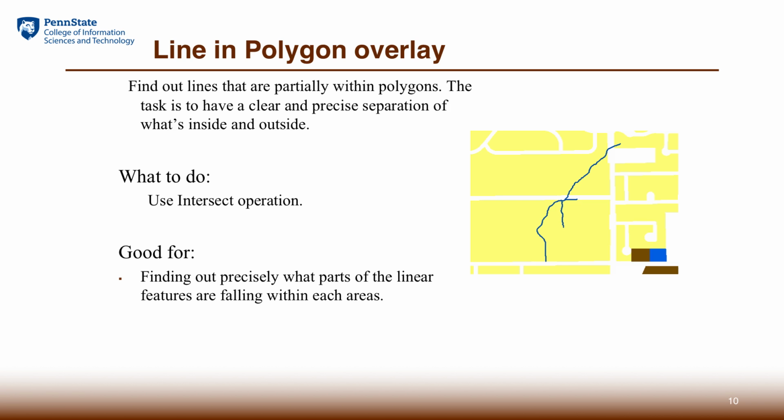The creek data features we see here cross multiple parcels. The feature class information for this creek linear feature only shows the total length, but we are interested in the individual segments within certain areas. Those answers cannot be obtained directly from the attribute table. By calculating the overlay, we will be able to do a summary on top of that. In order to calculate the intersections of linear features to polygon